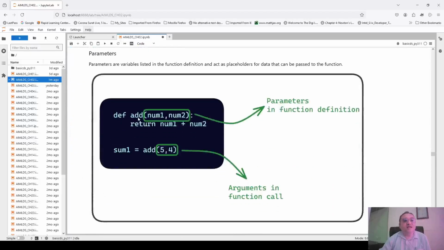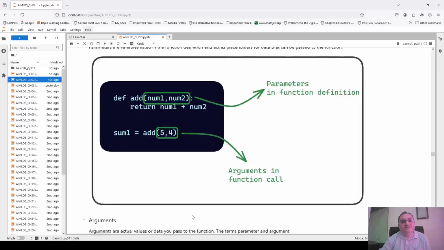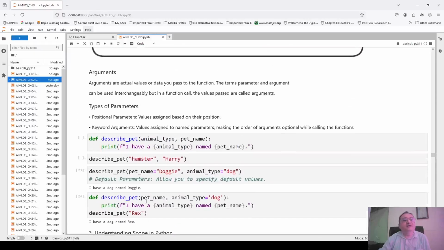So this is a simple function add, and here I want to do the sum of two numbers. The numbers are there as parameters in the function definition. There is always a colon symbol, and the function just returns the sum of two numbers. Now here I can call that function add 5 4, but that will not print anything because there is no print statement inside the function. So I have to assign whatever the function returns to a new variable sum1, and then obviously I have to add one line also, print sum1. Then only it will print the sum. So what I am passing, 5 and 4, are called arguments, and what is inside the function definition are called parameters. So that is one more thing.